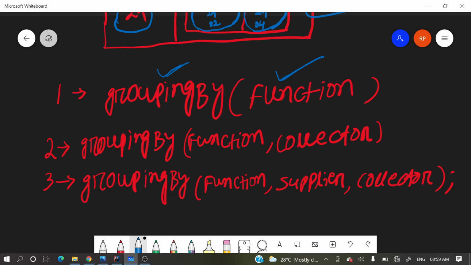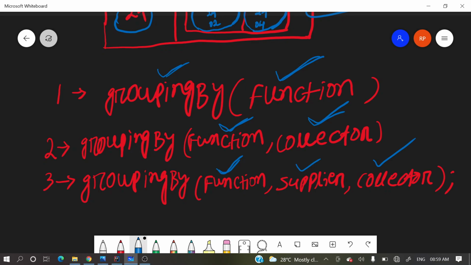Another is grouping by with function and collector, and the third is function, supplier and collector. While writing the programs, we'll go through each of these overloaded methods, and I will explain them in detail.